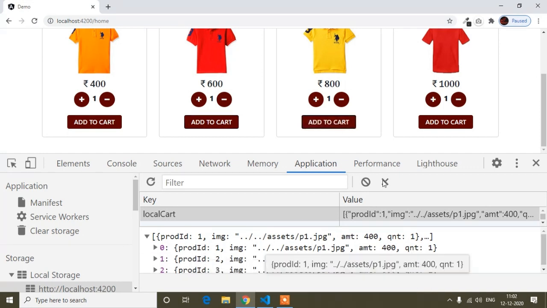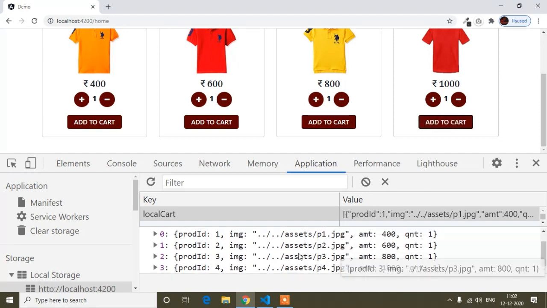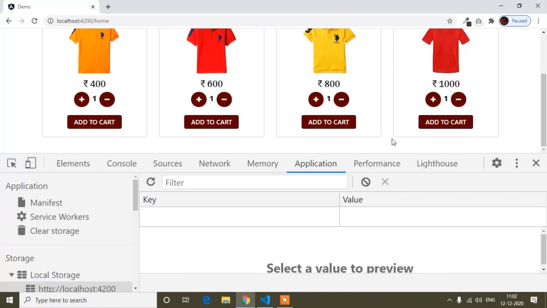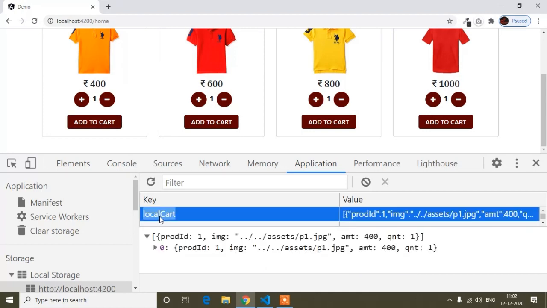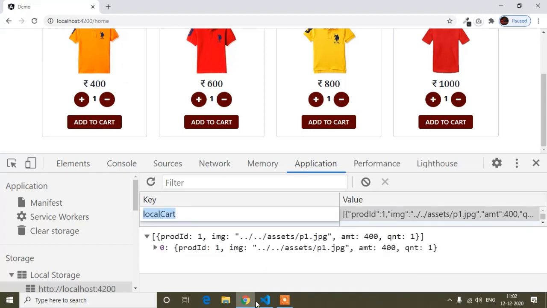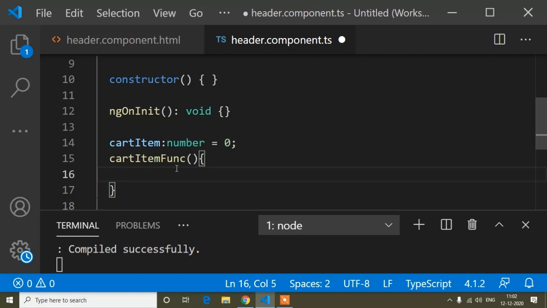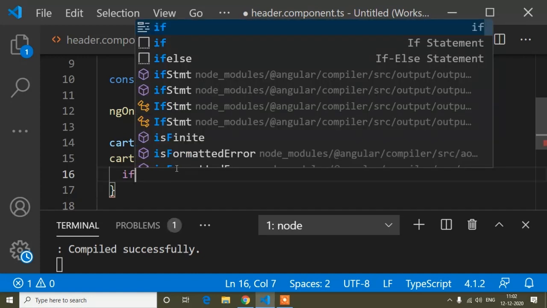So product 3, you can see product 4, you can see here it's adding. So now I will first of all remove from here. Okay, so when I'm adding this product into the local storage, it's storing into the local storage. So if I get this cart, that means first of all I have to write a condition, that is